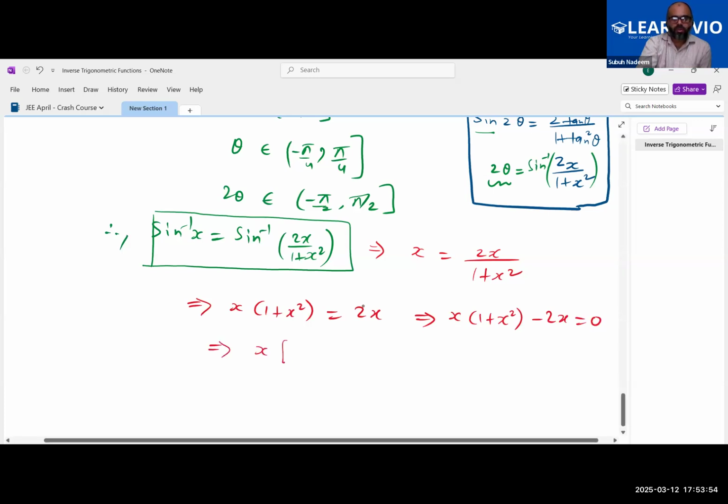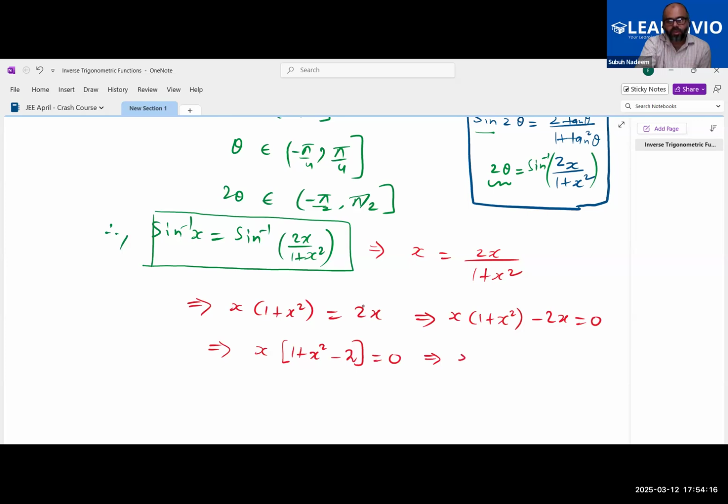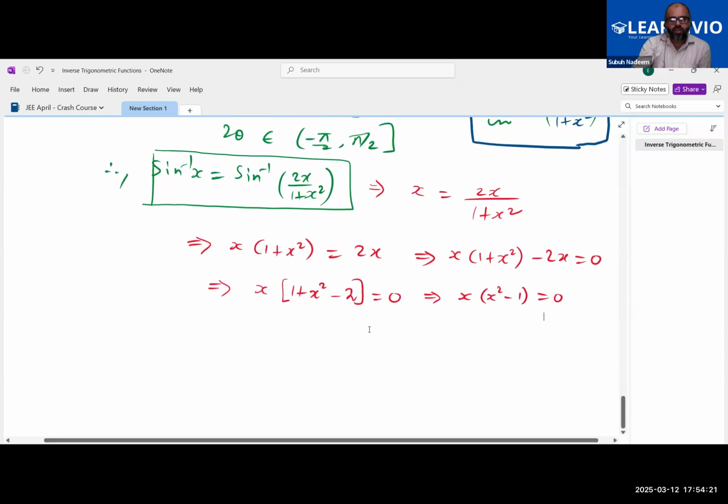You take x common, so it will be 1 plus x square minus 1 is equal to 0. X into 1 plus x square, 2x, okay? This is minus 2, sorry. This is not minus 1, this is minus 2. X into 1 plus x square minus 2. So x into x square minus 1 is equal to 0. So the values of x which we are getting is x equal to 0, and from x square minus 1,